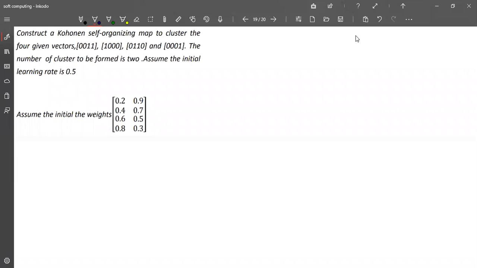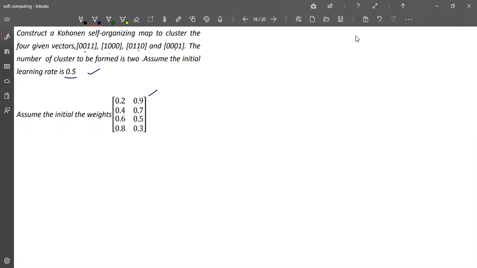So hello friends, in this video let's see the construction of Kohonen self-organizing mapping. So here is our question and we are given four input vectors, a learning rate, and a weight matrix with two vectors in it. So the first step is to find the